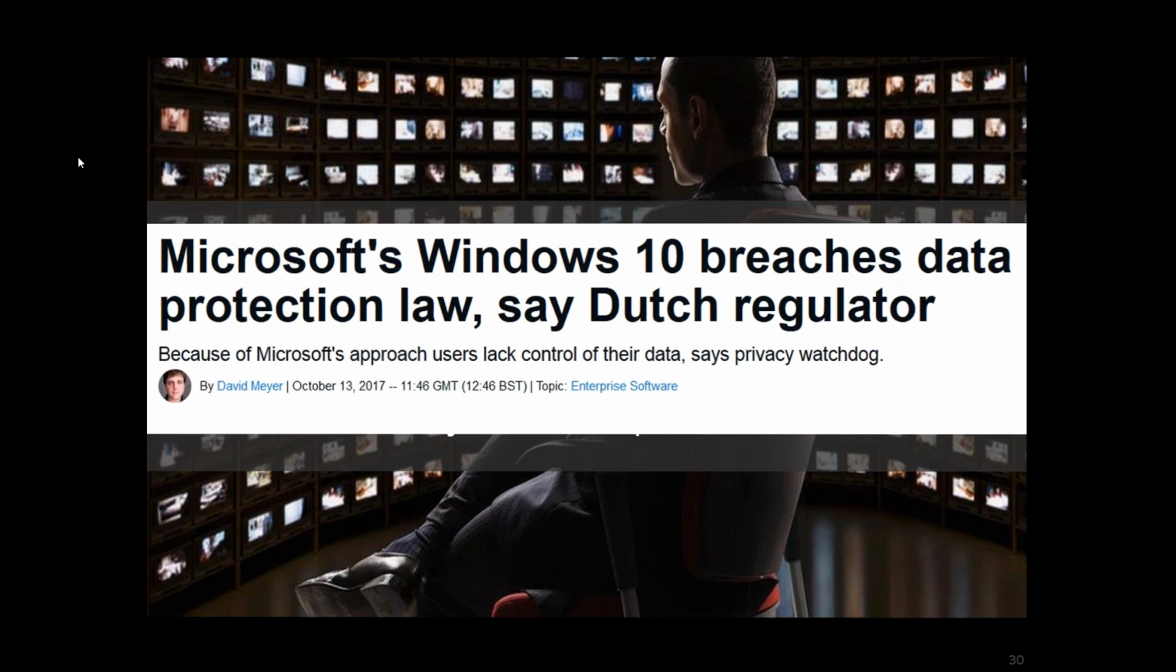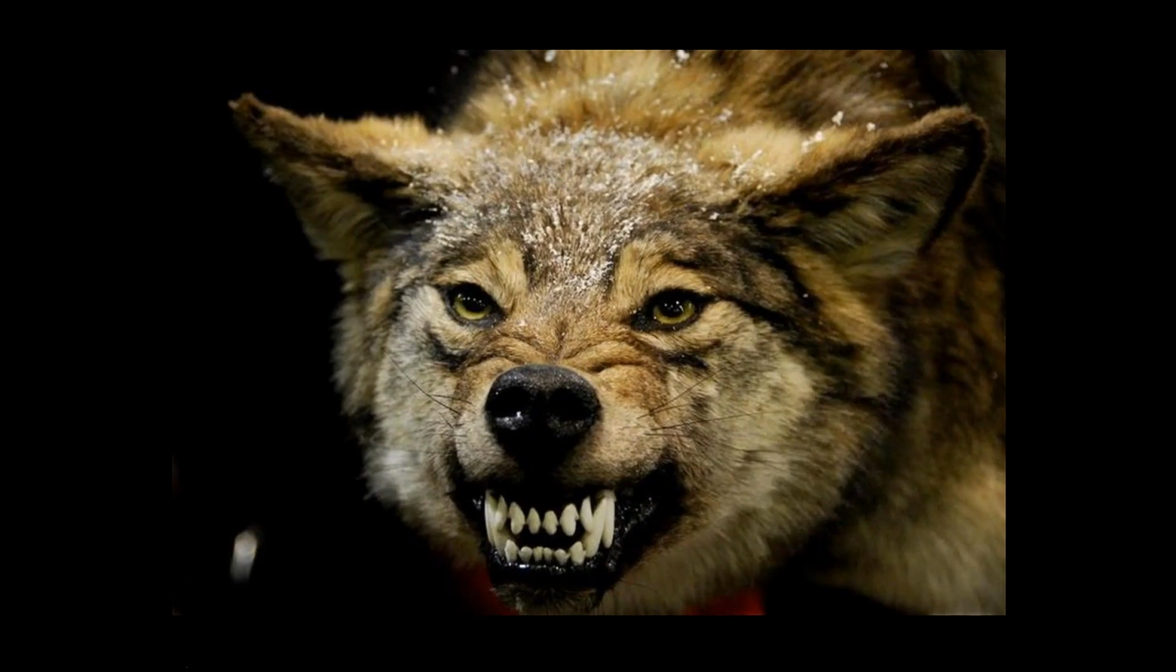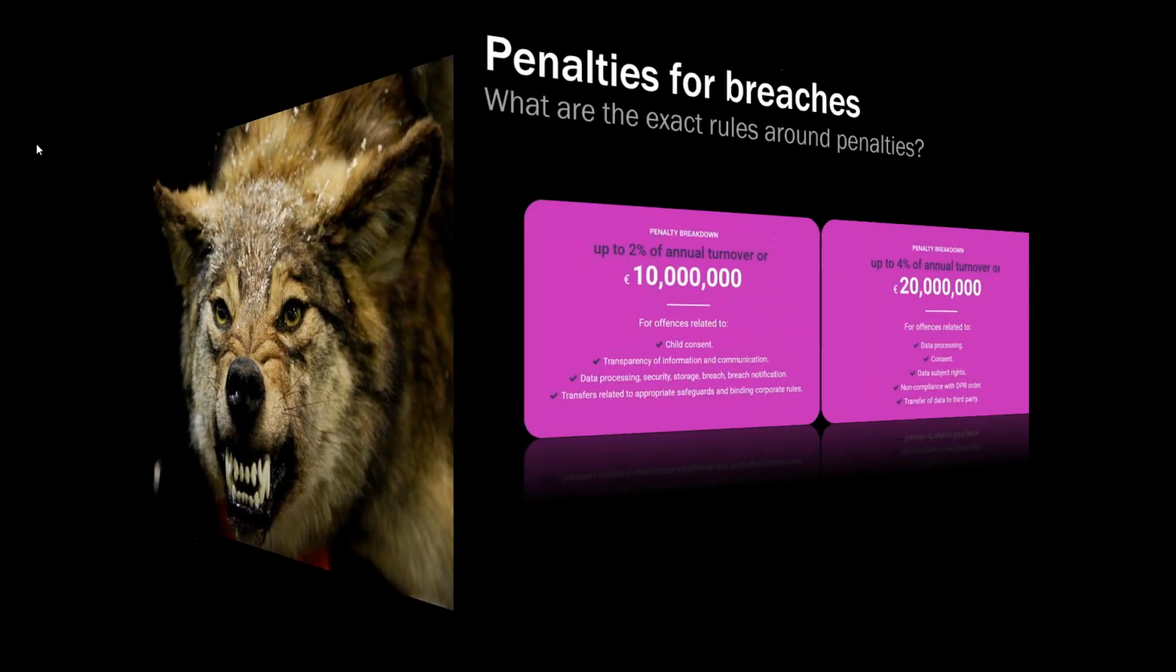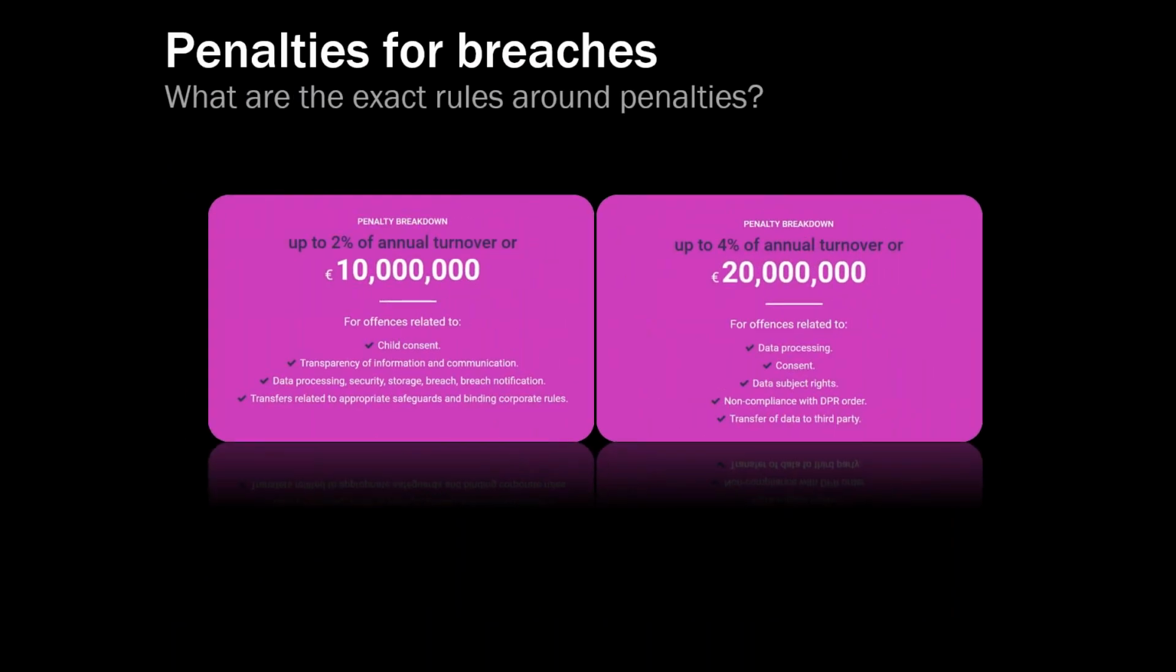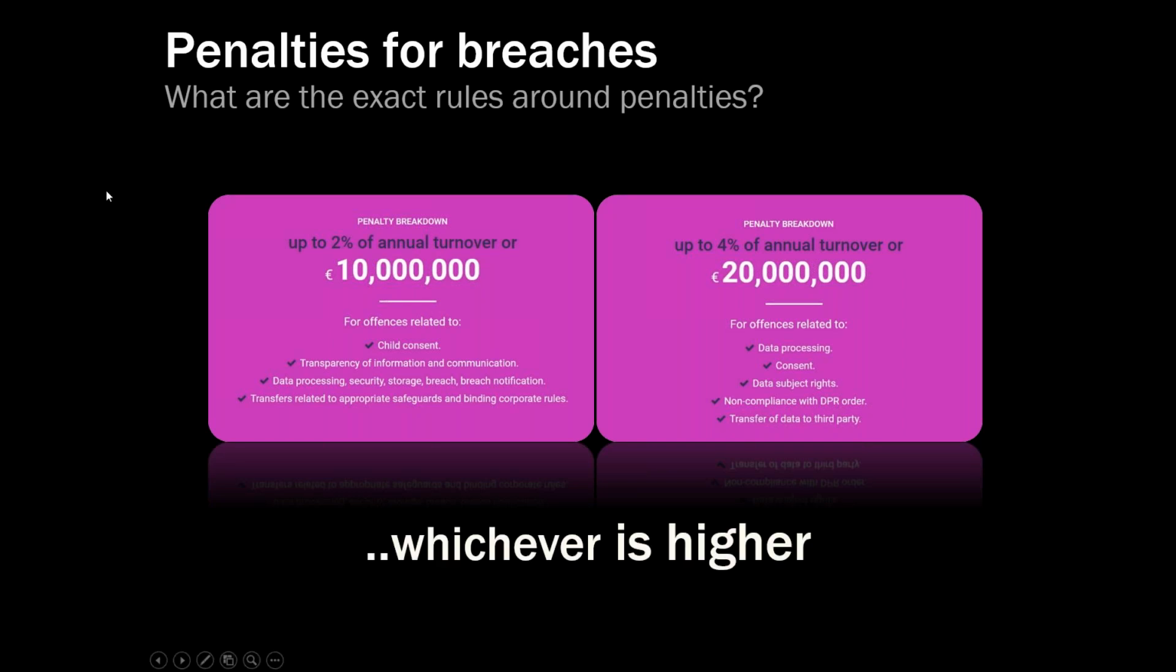Because one thing that GDPR has that the ICO, the DPA, whatever the old data protection laws were called, didn't, is teeth. It has big teeth. And this is the penalty breakdown. For particular offences, you can have 2% of your annual turnover, so not your profits or anything like that, your turnover, or 10 million euros. Or for other offences, 4% of annual turnover, or 20 million euros. And not surprisingly, it is whichever one of those is higher. So there is the potential for some quite heavy